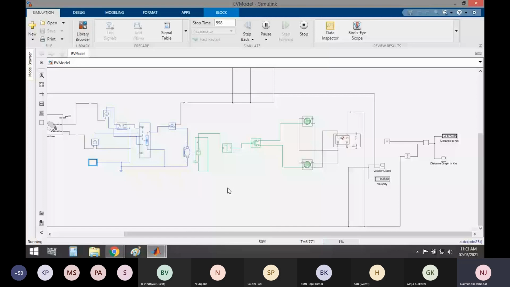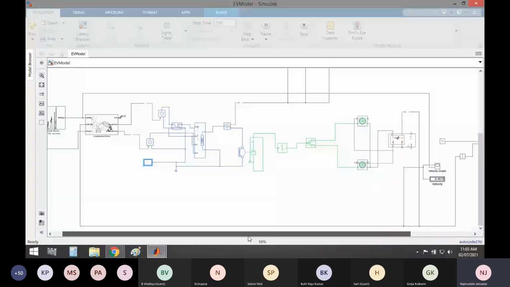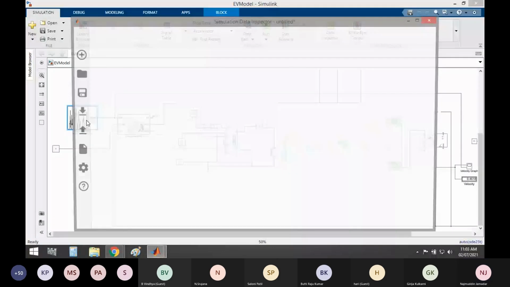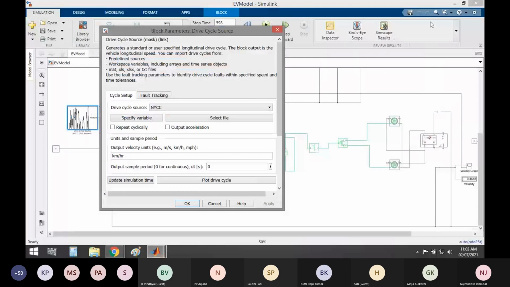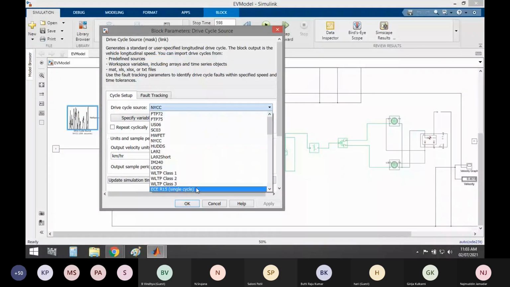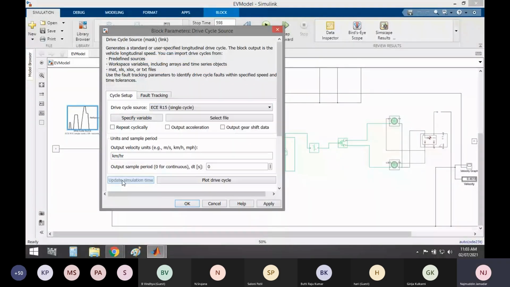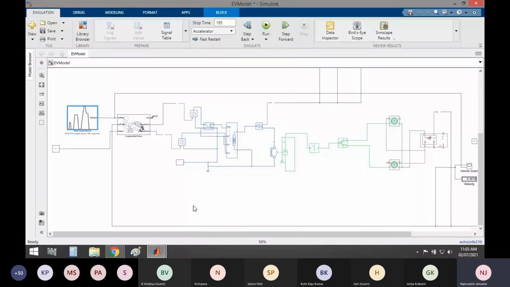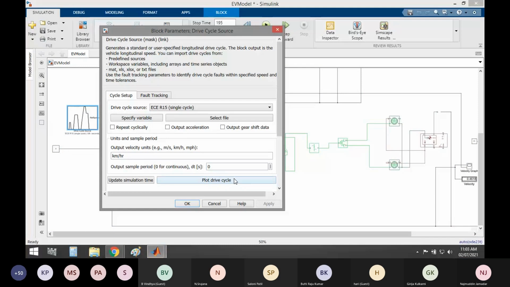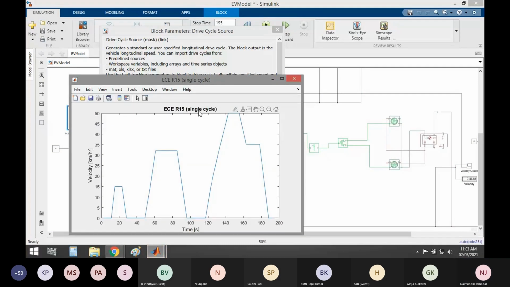I will select one short cycle so the simulation can run faster. This cycle looks like this, ECE cycle. The pattern will be like this.